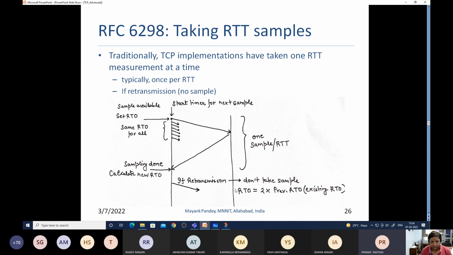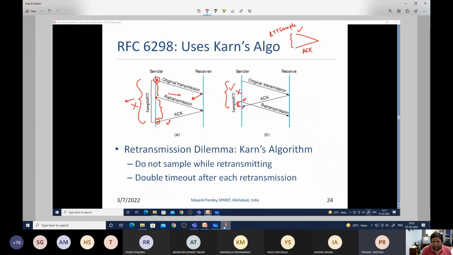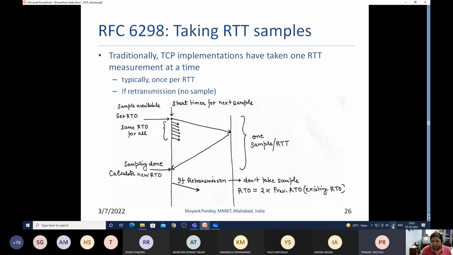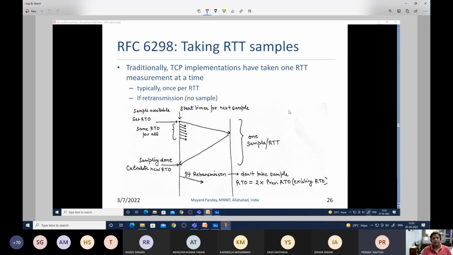See here. TCP implementations take one RTT measurement at a time, typically once per RTT. If retransmission, no sample will be taken. Try to understand this figure, and this is going to clarify all the doubts. So you have set the RTO, sample is available, you have set the RTO, you have started the timer for the next sample,